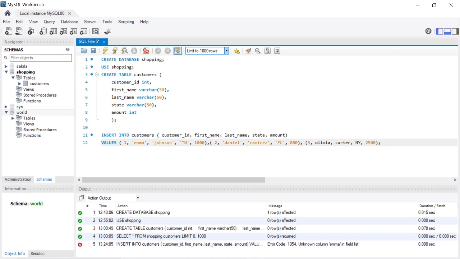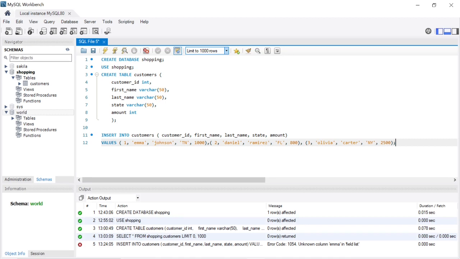Quotes there. Carter, quotes. We're done. Now, if you execute this down here, it is going to show a green tick showing that the